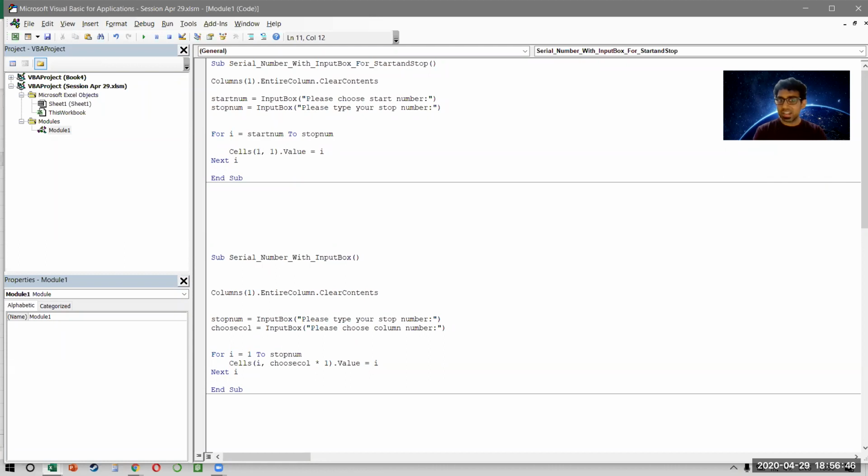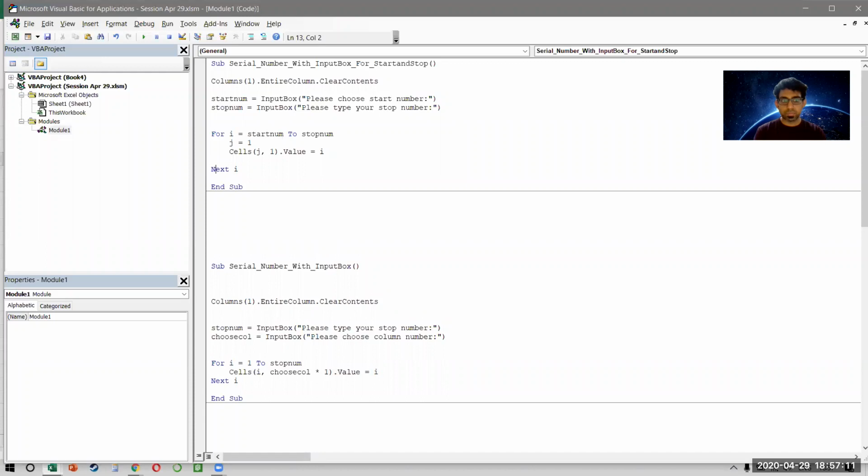We can say that rather than writing 1, this is j, okay? And what do we do after that? We say j is equal to 1. But this means all the numbers from 10 to 25 will come in 1, 1 itself. So I want j to increase as well every single time, right? So if I say here, j is equal to j plus 1. Let me just make it a lowercase j. And I think it should be okay now.